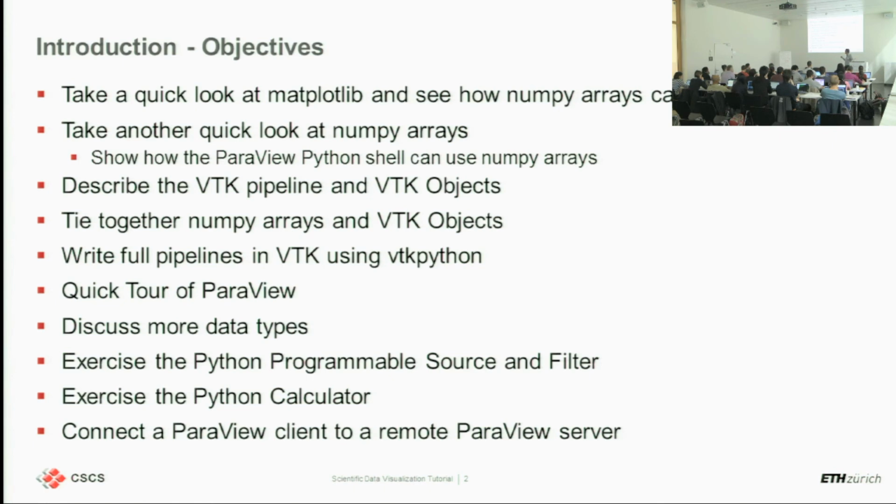Then we're going to talk about a data visualization pipeline. That's the standard name. And we're going to talk a lot about VTK. What is VTK? VTK is a C++ toolkit. We're not going to do any C++